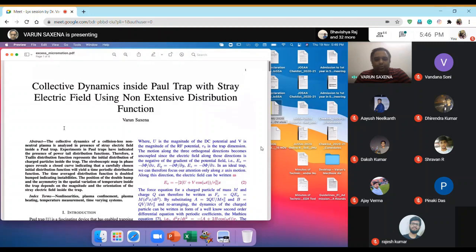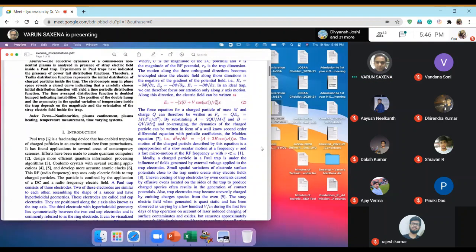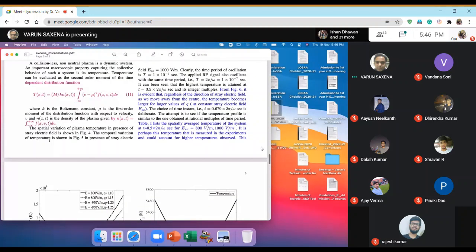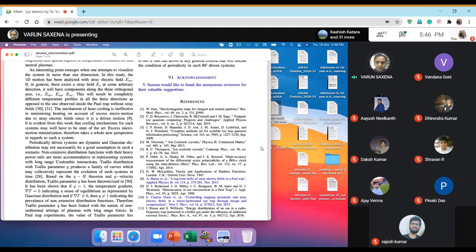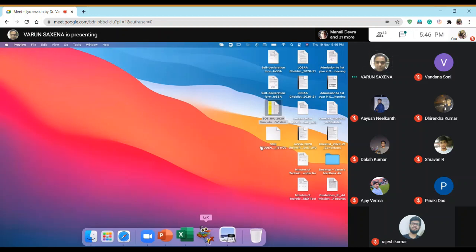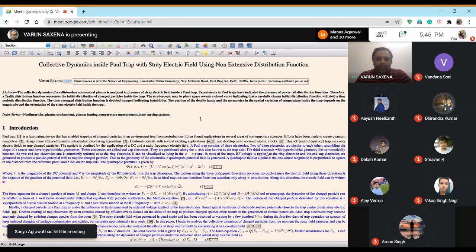If you look at it, you can see that I have generated a PDF, and it looks like Paul Trap, and then there is a 1. This means I'm referring to this paper here. So the first task we'll do today is to write a reference, and to put a citation wherever we want. Let's learn how to do that. Is the paper visible again? Yes, sir. Okay, great.